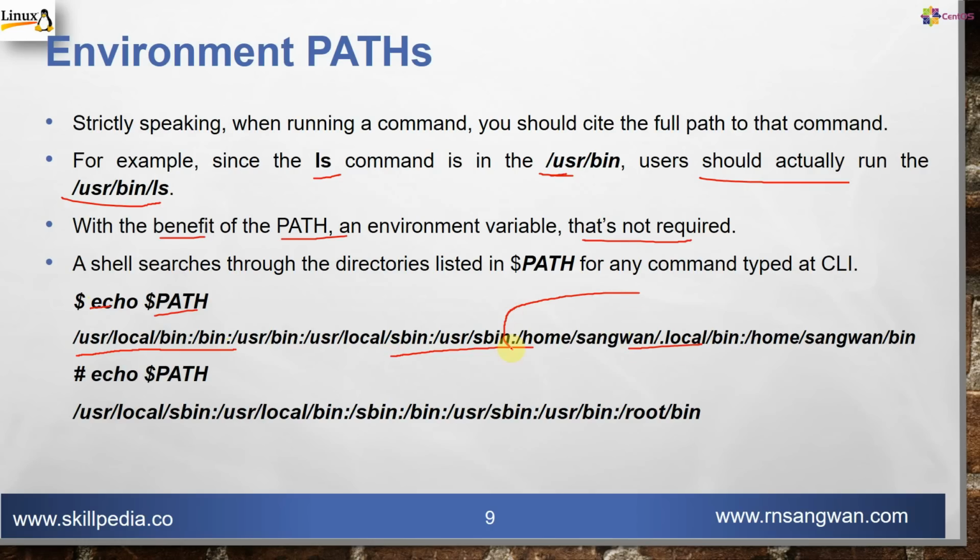If I log in as a normal, non-privileged user, you will find the path to your home directory as well, a bin directory in your home directory. But when you are logged in as a root user, this also signifies whether I am giving the command as a normal user or root user. I am using $, which means I am executing the command as an unprivileged user. If I am executing a command with the hash prompt or pound symbol, I am executing the command as superuser or administrator. And this was the path I showed to you.